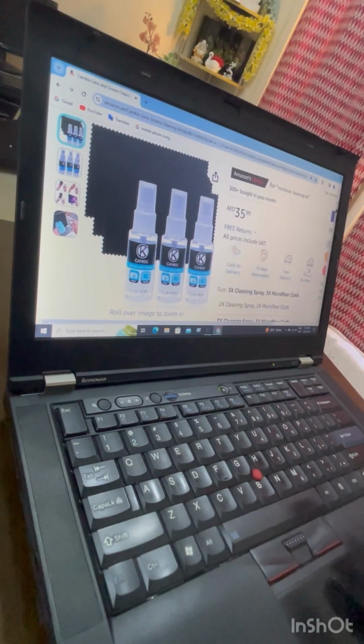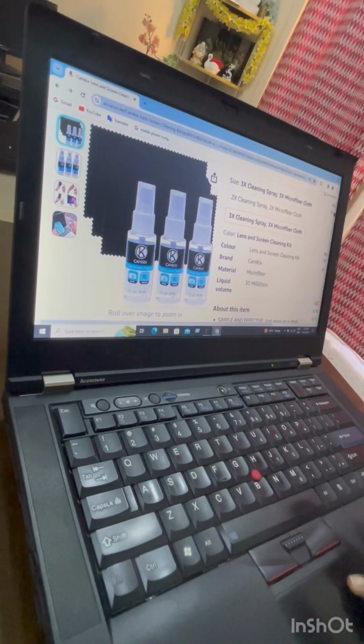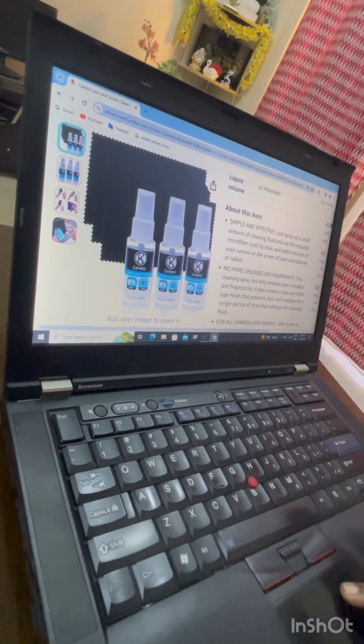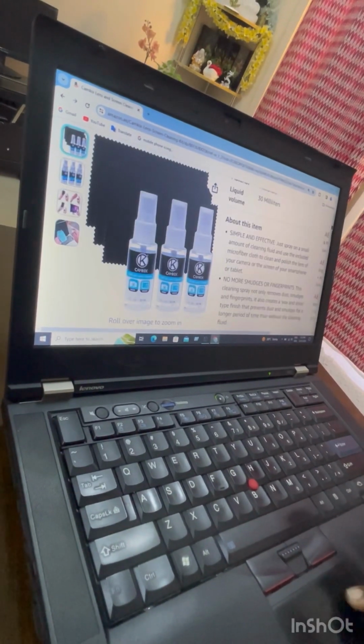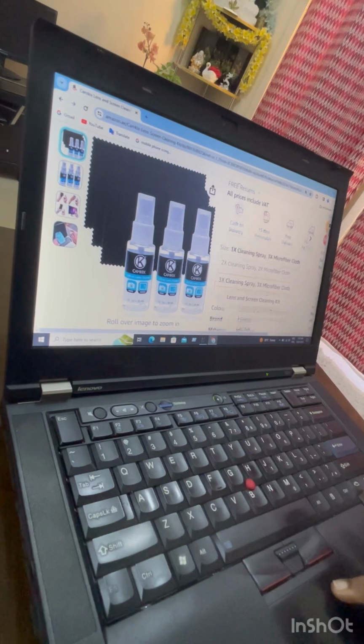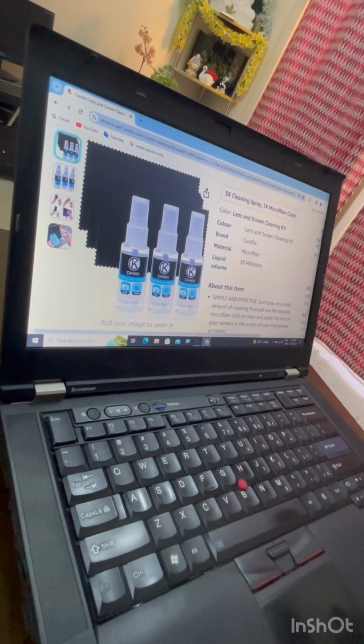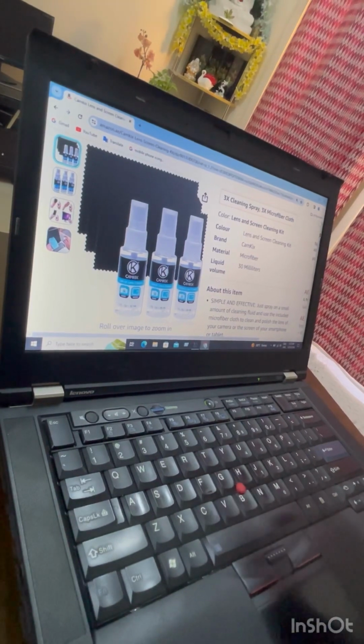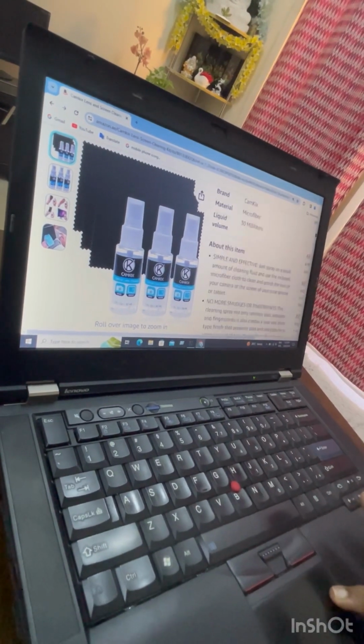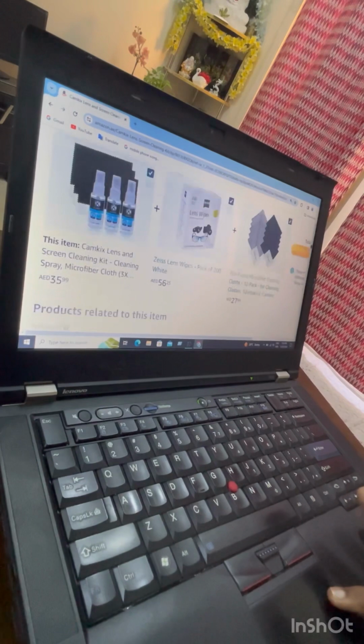Okay, and these are the details of this product. This is the CamKicks lens cleaning spray kit. It will show the details like this. Okay, if we come down,